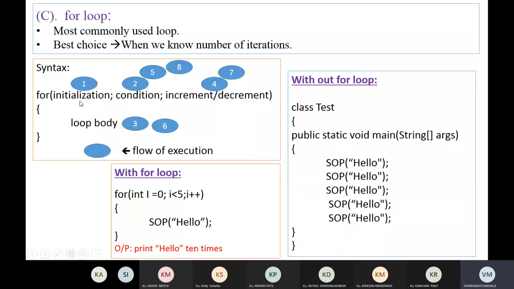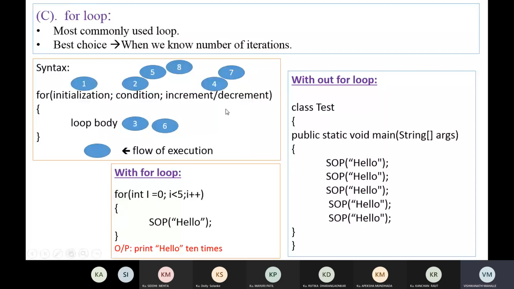So here how many times will the first statement, the initialization statement, execute? Only once. The initialization statement will be executed only once. Initially only I is equal to 0, then that statement will be executed. Then verify the condition, then execute the statement. Then after that increment, then condition. Then statement, increment, condition, then statement. So only one time the initialization statement will be executed, as we have seen.